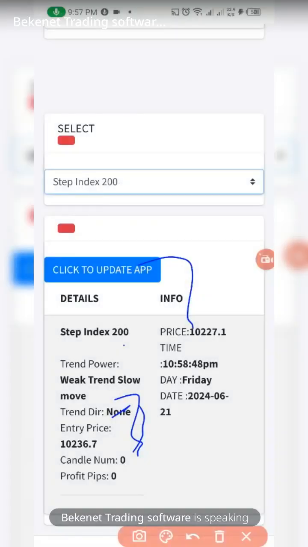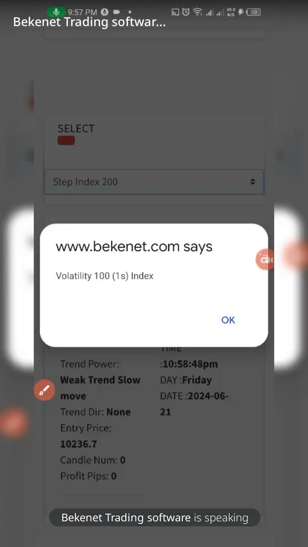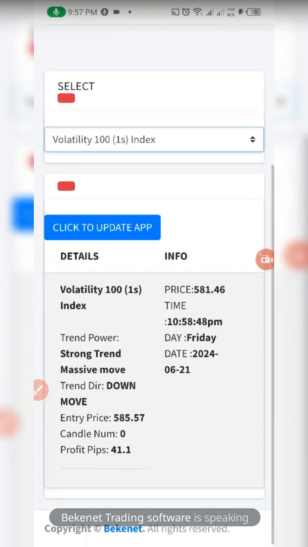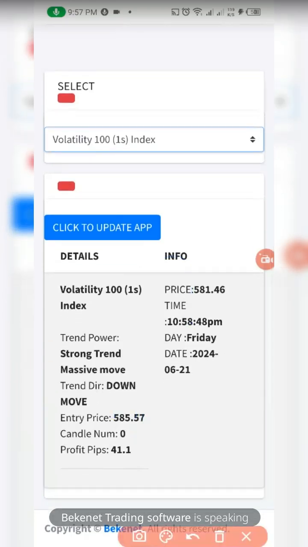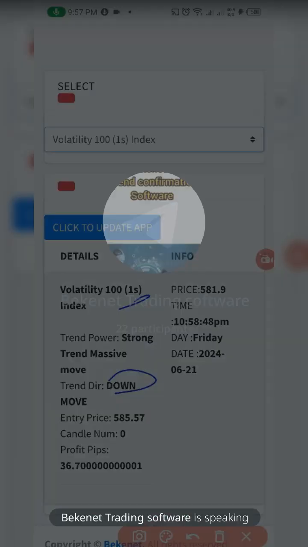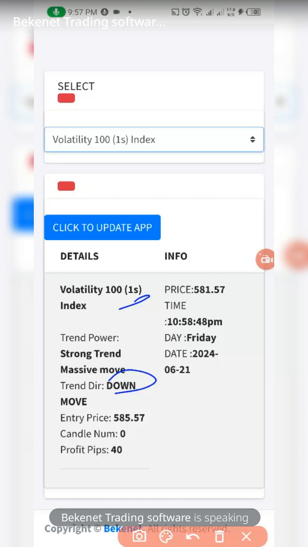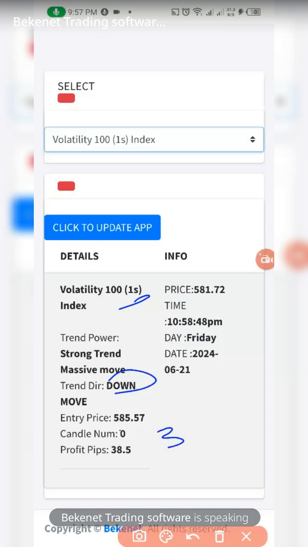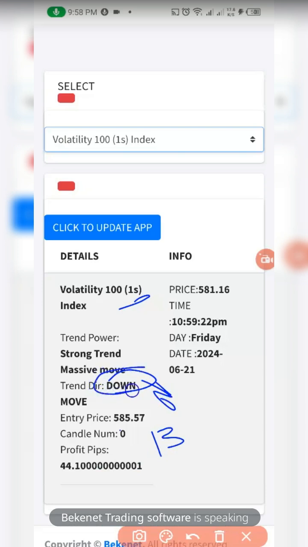Let's look for another pair that is giving us a particular direction and see what we can do. Let's say, for instance, we have this, and this one is showing us a downward movement. This is a downward movement on Volatility 100 Index. Now, if, for instance, this candle is showing 4 or 13 candles, and we still want to sell this pair, it's showing 13 candles, and we still want to sell this pair. All we need to do, since it's telling us a downward movement, and everything is still 13, not 0 now,